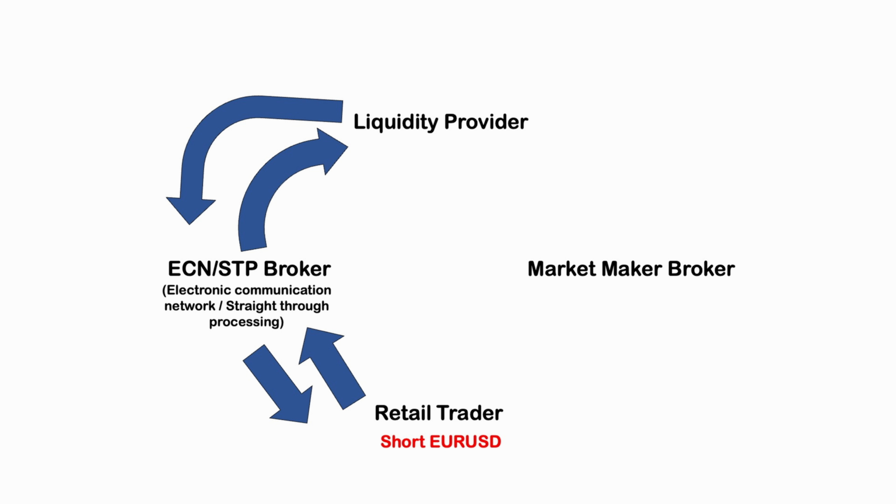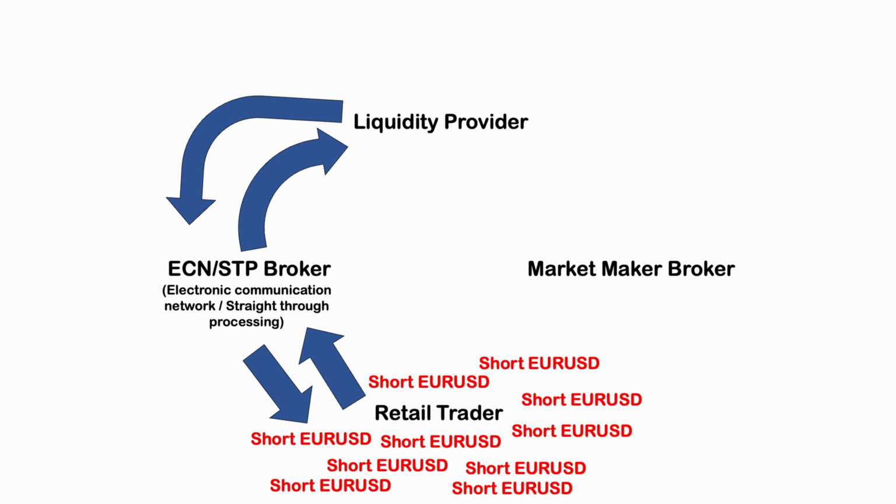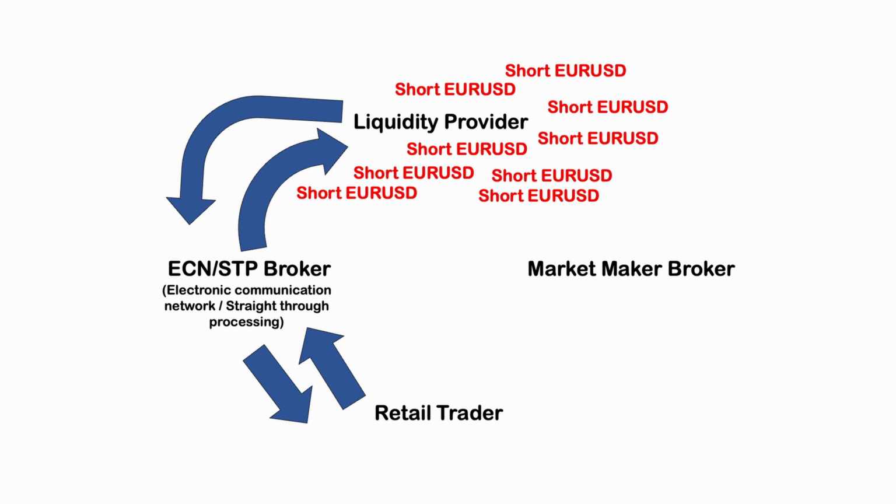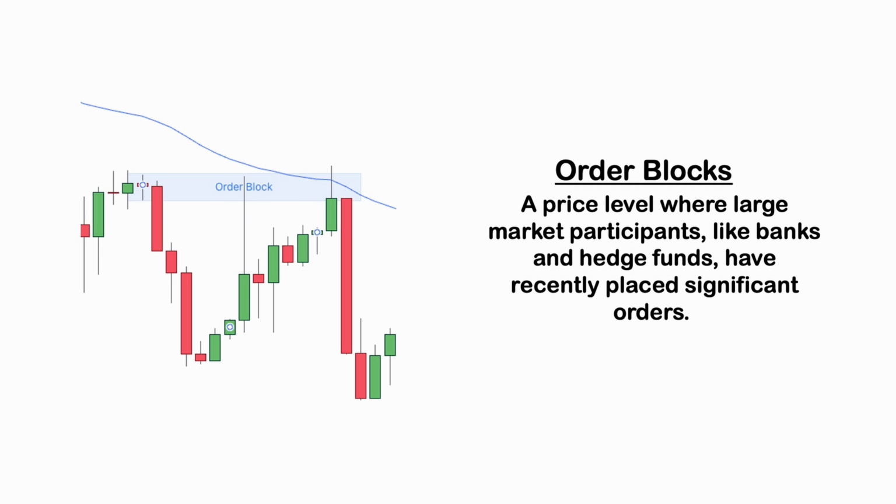So the broker will wait until they have enough of the same orders and then place that block of orders at once to the liquidity provider, which is why we commonly refer to this as an order block, or as I call them, decision blocks, which is a consolidation, then a large move. I call them decision blocks because it's at this point the majority of traders decided to go in a certain